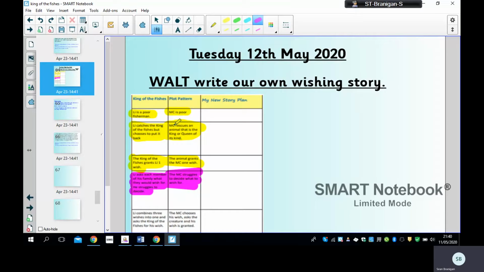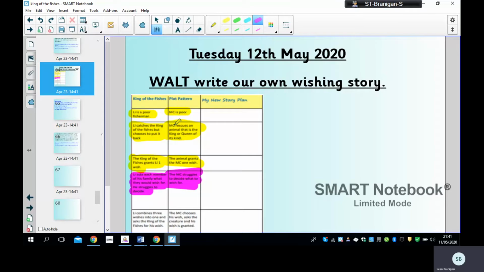Remember, it's one wish. I have children who have been granting 3 wishes. It's one wish. Your main character has to struggle to decide what to wish for and then make one wish so they get their 3 things. Okay, they're only making one wish.